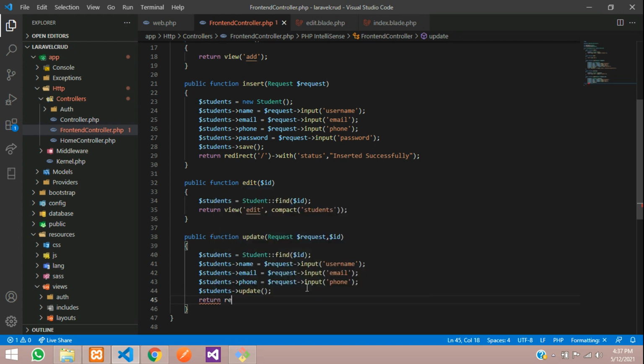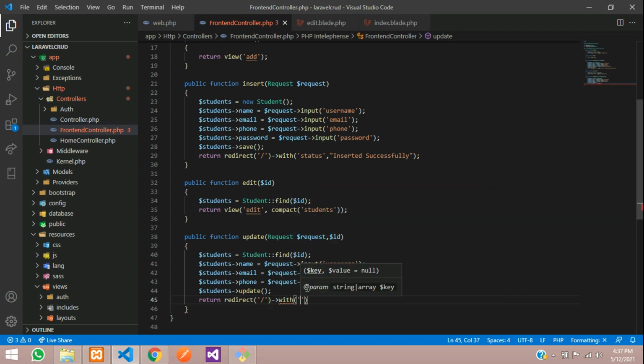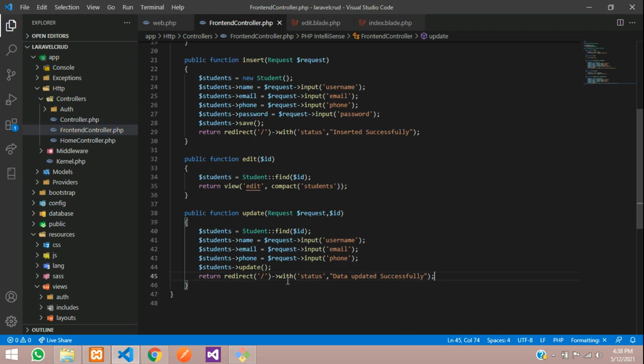So I'll say return redirect to the home page with the message we are going to send. I'll say with status, comma, data updated successfully. Give a semicolon, and this should work, guys.